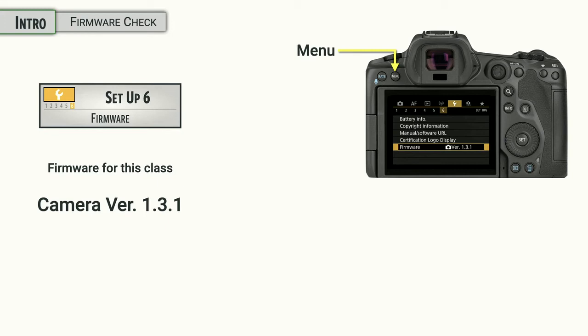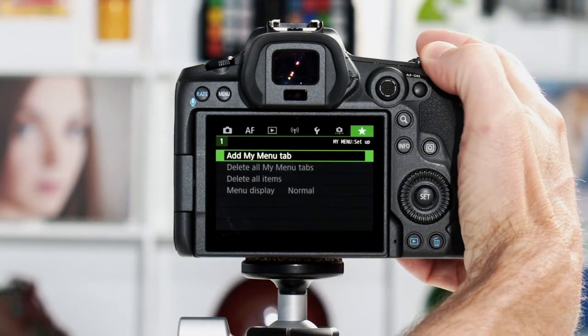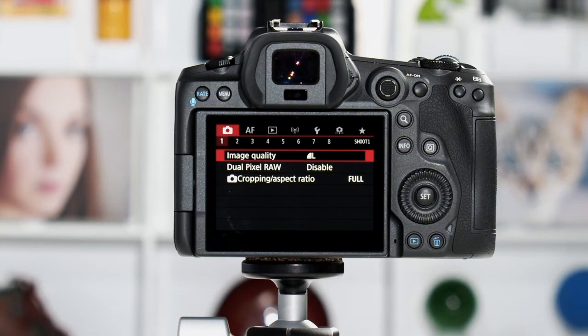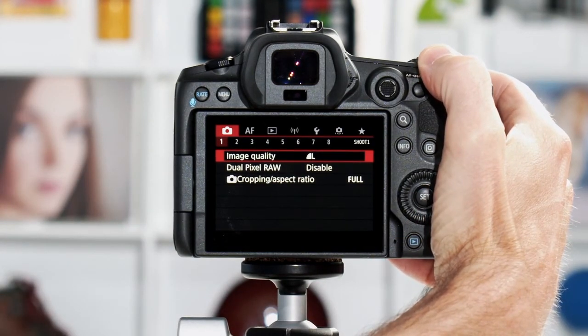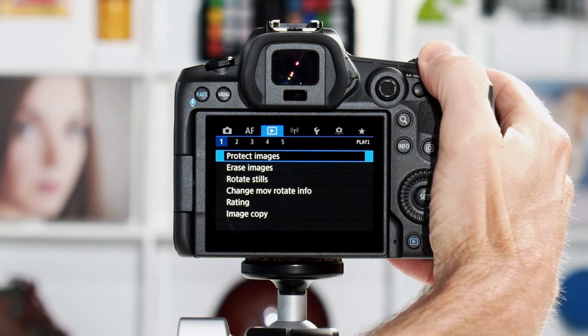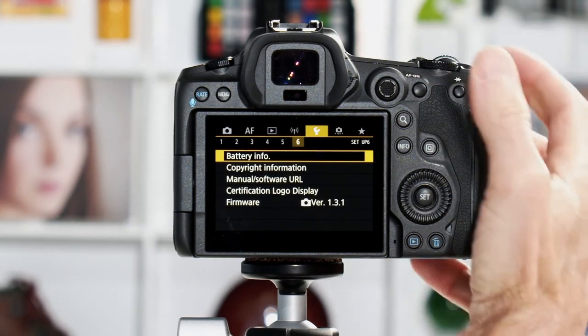In fact, let's all check what our cameras are right now. And the way you do that is you go into the menu system, you dial over to setup number 6, and you see where the firmware is. So let's go ahead and do that on the camera here. So get the cameras turned onto the menu system, and the mode dial up here on the top right hand corner of the camera allows you to switch from tab to tab, and we're going to go over to the wrench, and then you can